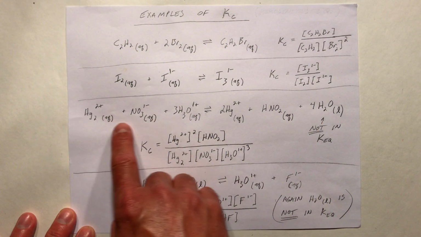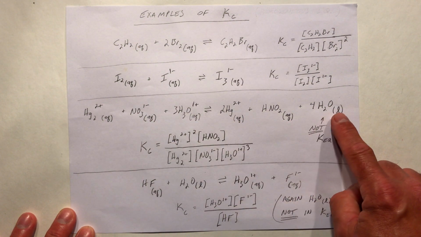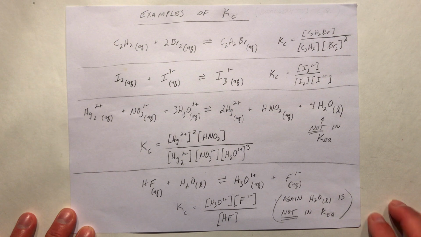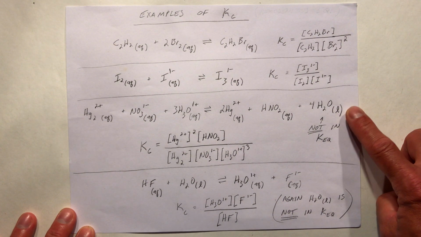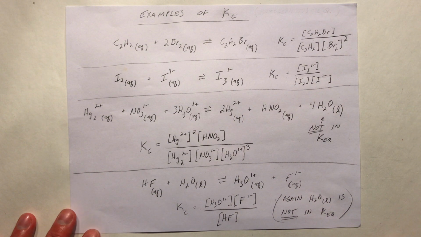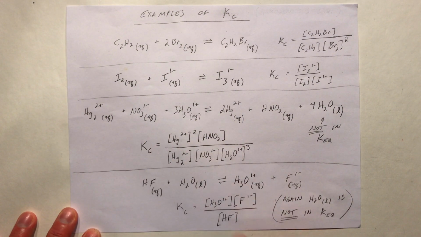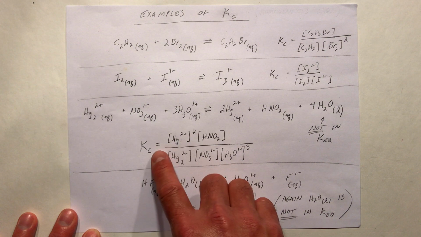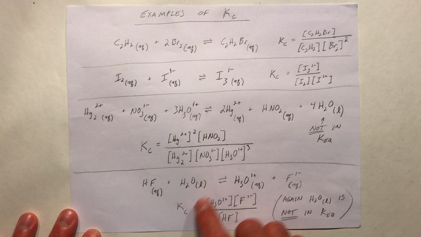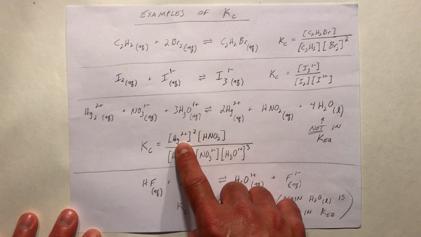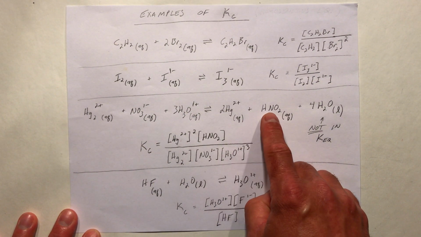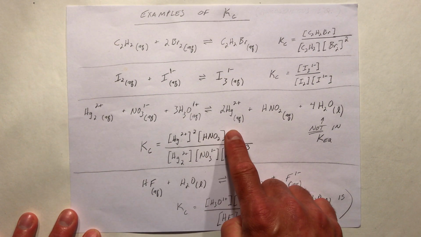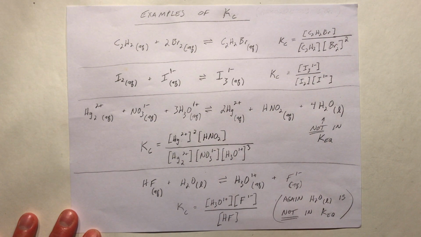Here we have a reaction where almost everything's aqueous, but then we have this liquid water at the end. Remember that liquids are not included in the KEQ expression. Whether you look at that as a solvent or just a pure liquid, liquids are not included here. So the Kc for this reaction would be the concentration of this product to the second power, because of that 2 coefficient, multiplied by the concentration of this product to the first power, because of that 1 coefficient, divided by